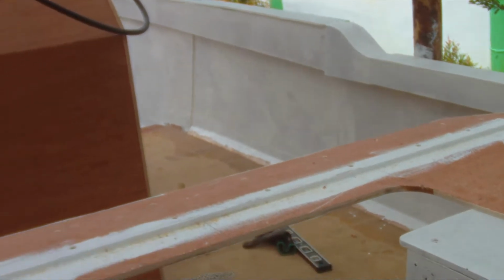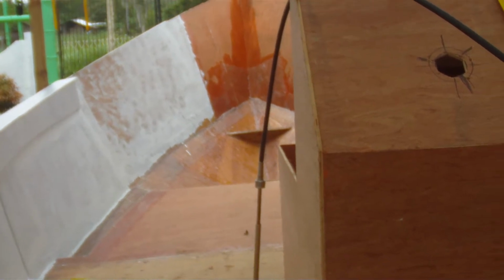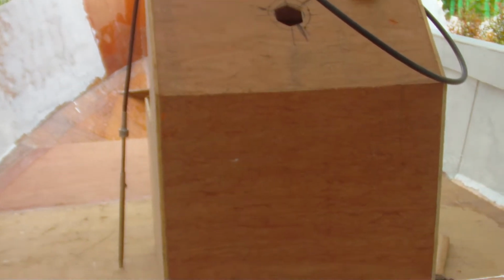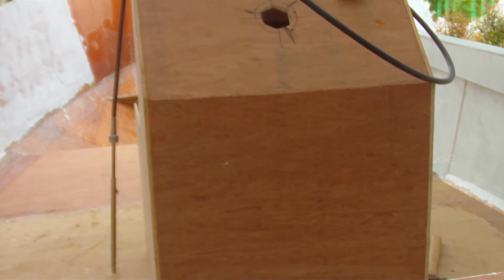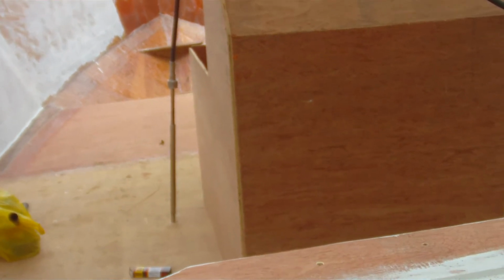So I'm going to try and have it so that the boat isn't connected to the shore while I've got it moored. I'm going to put a big steel post into the bed of the river and fasten it to that. Obviously I'm going to have to do something from the bow and from the stern to keep it still, keep it steady. I might put some posts in